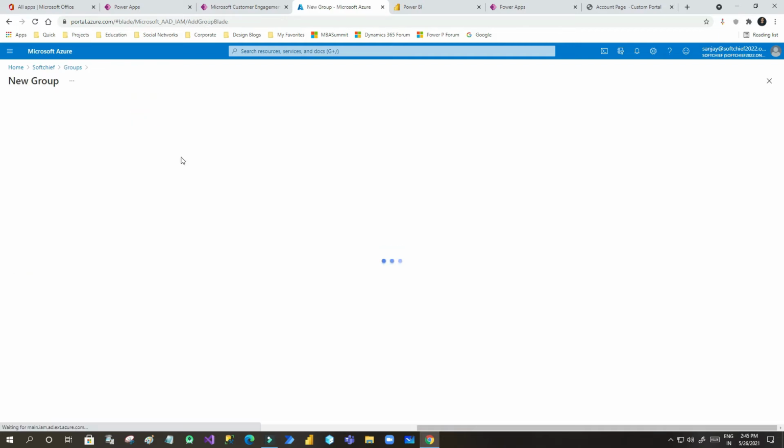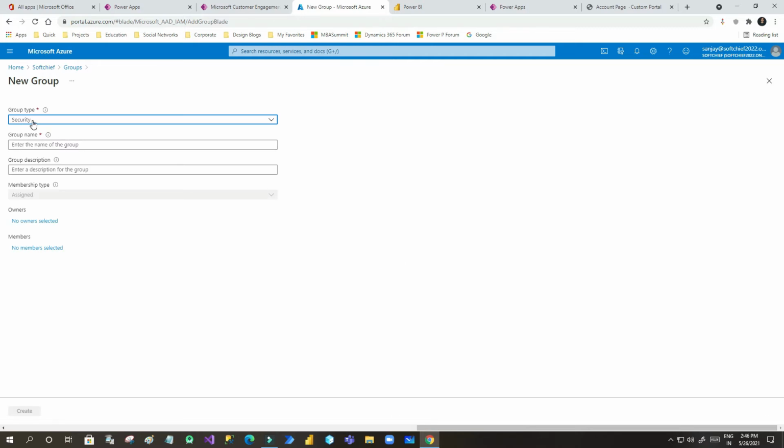Here click on new group, and in the new group you have to give some options, like the group type will be security, and a group name, let's say Power BI embedding service.